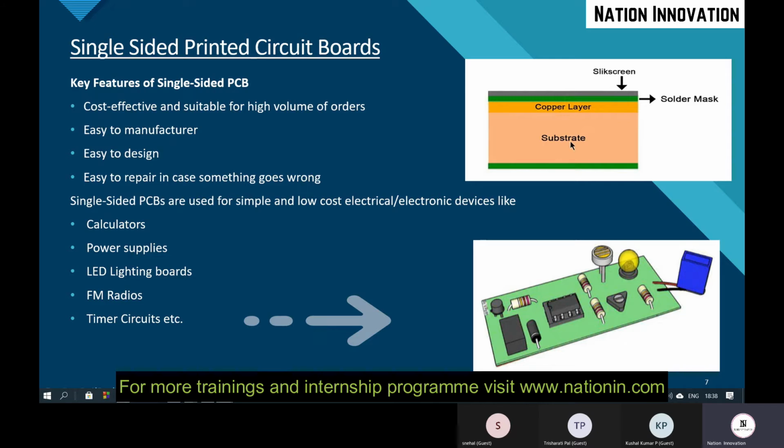There are applications like calculators and power supply units like adapters. In all these cases, single layer PCBs are used. One typical example of a single layer PCB is the timer circuit that we are going to design today.